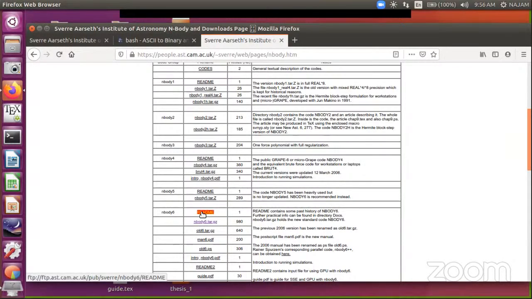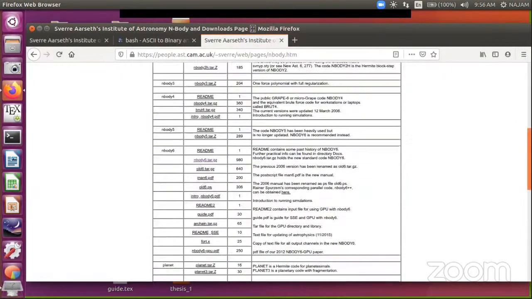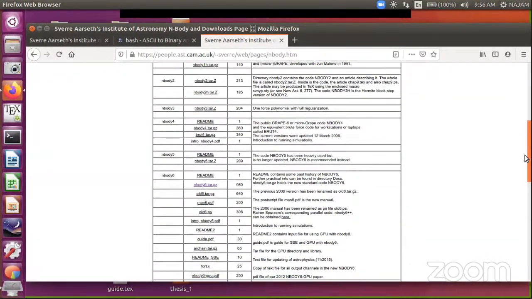There is a README file, and you had better get used to reading these documents and manuals. There's a README 1 and a README 2. If you go there, it tells you certain details, and suppose I click it open,